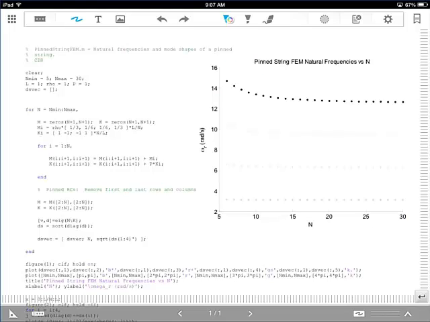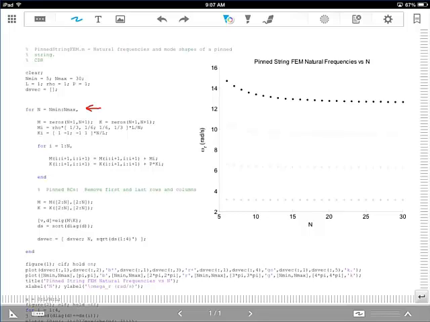So in this case we wanted to run from a minimum value of 5 elements to a maximum of 30, and hence this is why you go from 5 here to 30 in your plot. And then it's just a standard, just kind of let all the parameters be equal to 1, and you initialize a vector that's going to be storing all these eigenvalues. Okay, so we're at this loop right here,